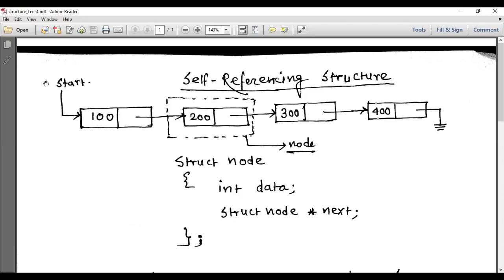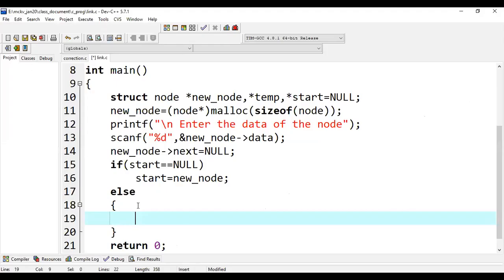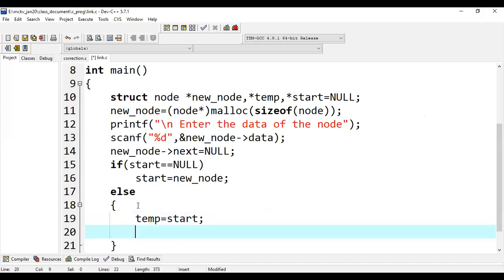So I cannot update the value of start. That's why I consider another temporary pointer in my program, that is temp, to temporarily store the address of start, because I need to traverse the entire list. And in the very next line, I must write while